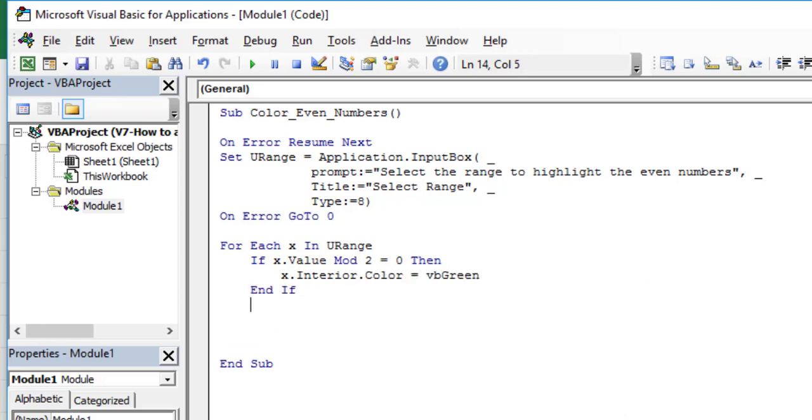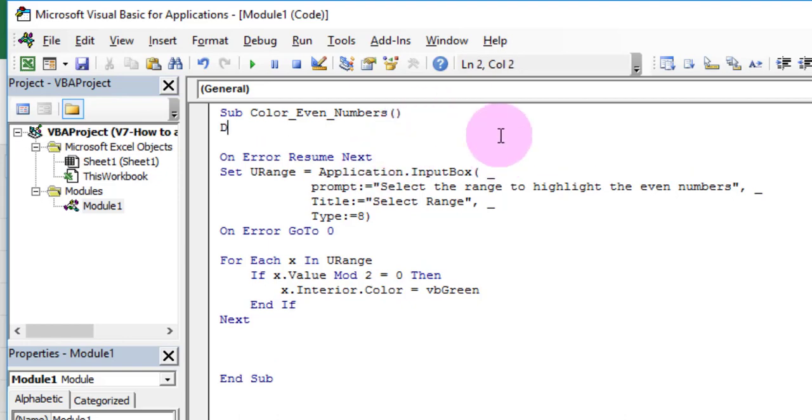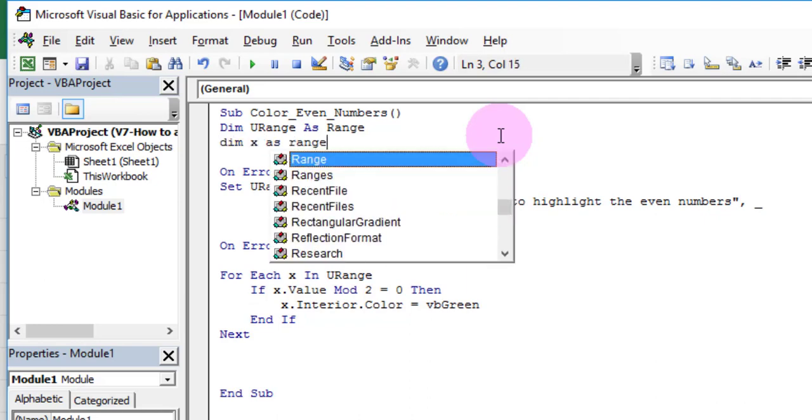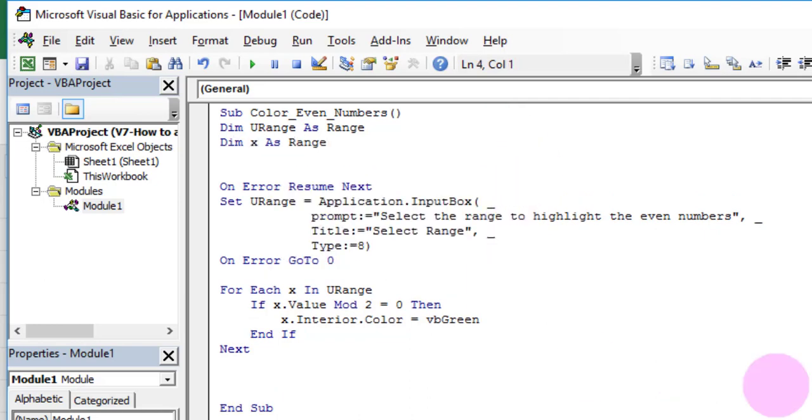Close the If statement and close the For loop with Next. Define all the variables used in the macro with suitable data types. There are a few changes required, but we will carry out those changes during the debugging. This way we can understand the requirements well and also improve our code better.